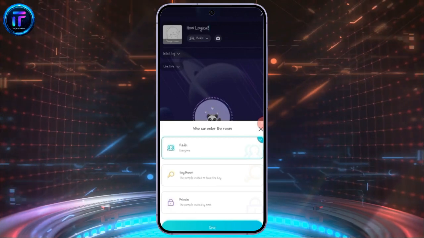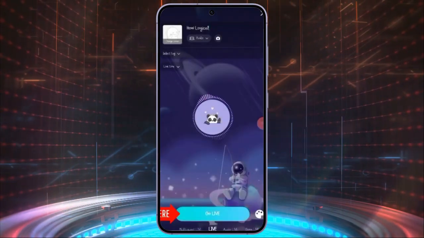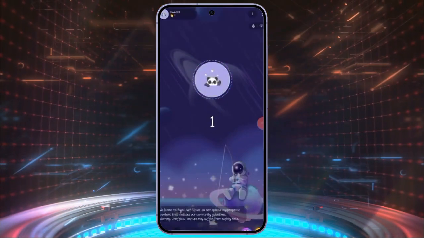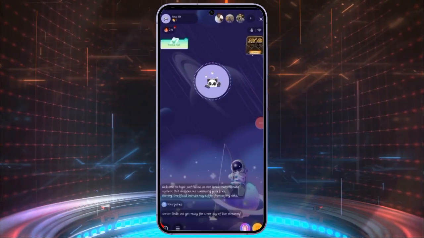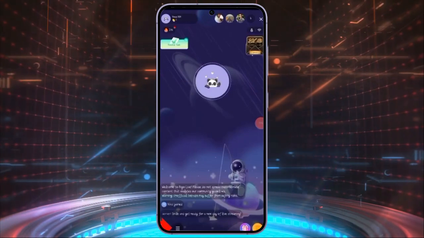Once you are done customizing the features, go ahead and tap on that Go Live option. It will take 3 seconds, and your live streaming will be started. By clicking on that chat option below, you will be able to chat with your viewers. And by clicking on the 3 lines next to the chat icon, you will be able to add more features